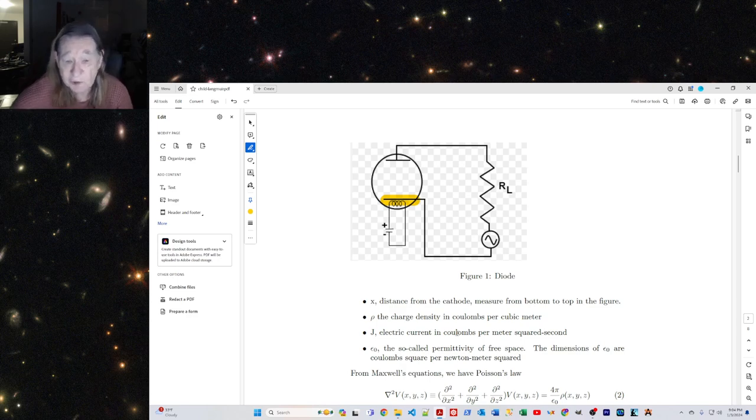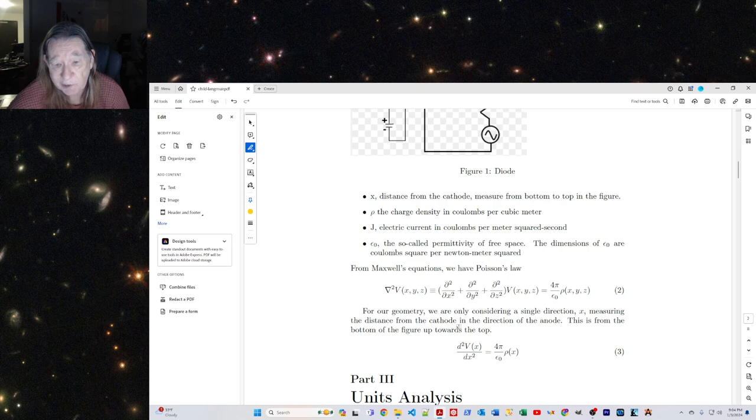The principal physical law that governs the operation of the vacuum tube is given in equation 2. This is a fundamental relationship from electricity and magnetism, and it tells you how charges produce electric fields. We're not going to use equation 2 in this form because this is a one-dimensional problem. We're only concerned about the movement of the electrons in one direction, vertically on the diagram from the cathode to